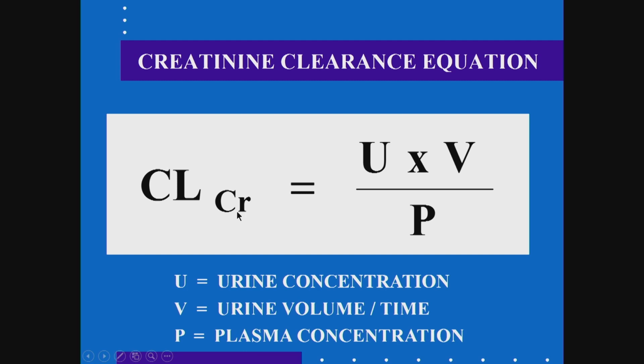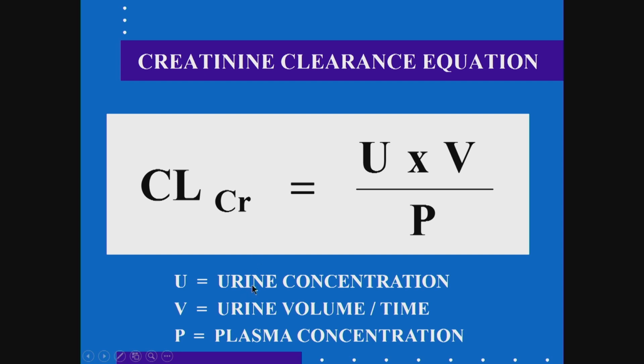This is an endogenous product that can be measured in plasma, and the clearance of creatinine being used as an index of renal function. And we have this relationship here that says that U times V over P